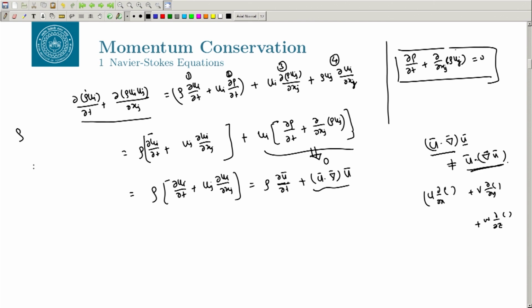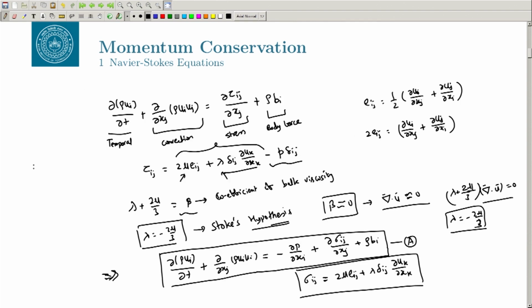But this is different. Here you are first taking the gradient of a vector, if you do del u here. So then it is basically a tensor and you are taking a dot product of a vector u with that tensor. So, this is not the form that we have in the Navier-Stokes equations. Now let us put it back into A, which is on the left side. If you replace the left hand side with the expression that we had,